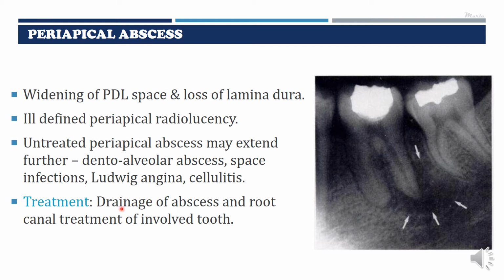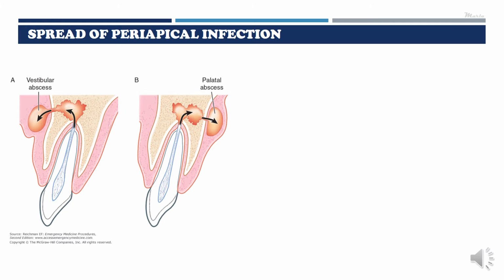Treatment of periapical abscess requires drainage of the pus, drainage of the abscess, and also root canal treatment to treat the infected tooth. So if just the pus is drained and the tooth is left untreated, there is a potential for future recurrence of the infection. So a complete treatment for this condition will include the removal of the infective material through root canal treatment and also the removal of the pus by active drainage, and will also include antibiotic coverage for treatment of the infection.